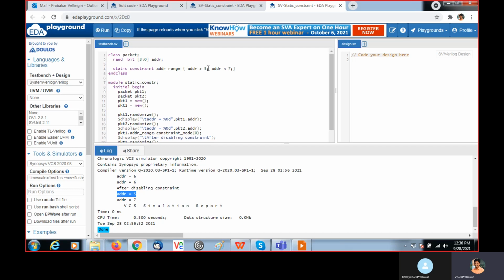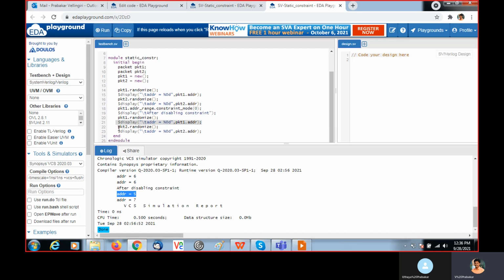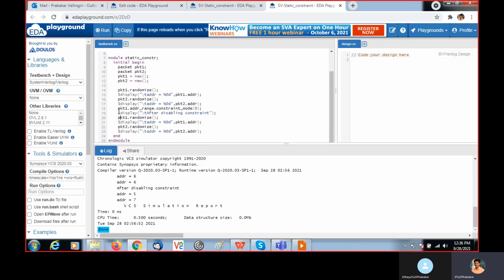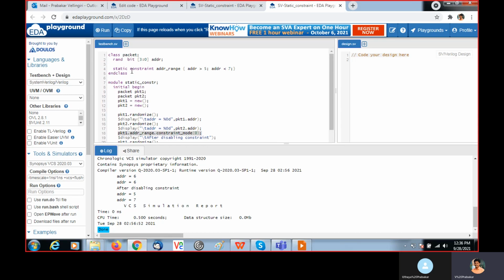This constraint is not applied to instance 1. I am randomizing pkt2 and displaying, and for that also the constraint is not applied, because this is declared as static. If I change it in one instance, it automatically reflects in pkt2. That is the use of static.